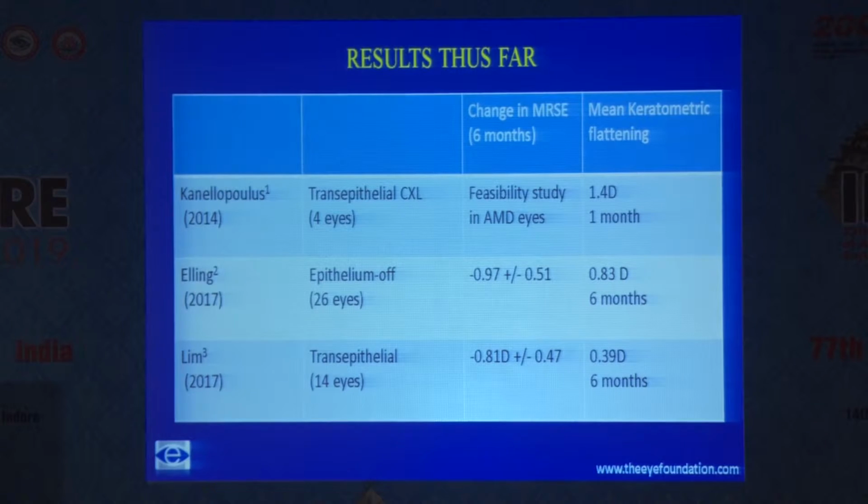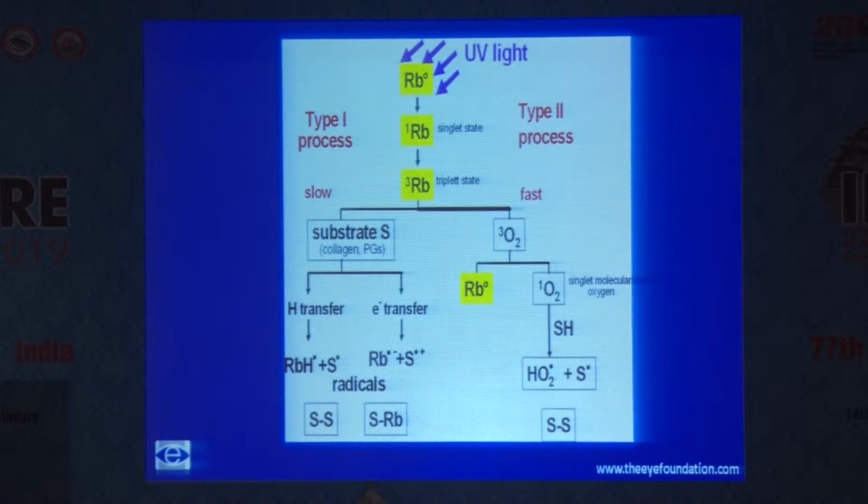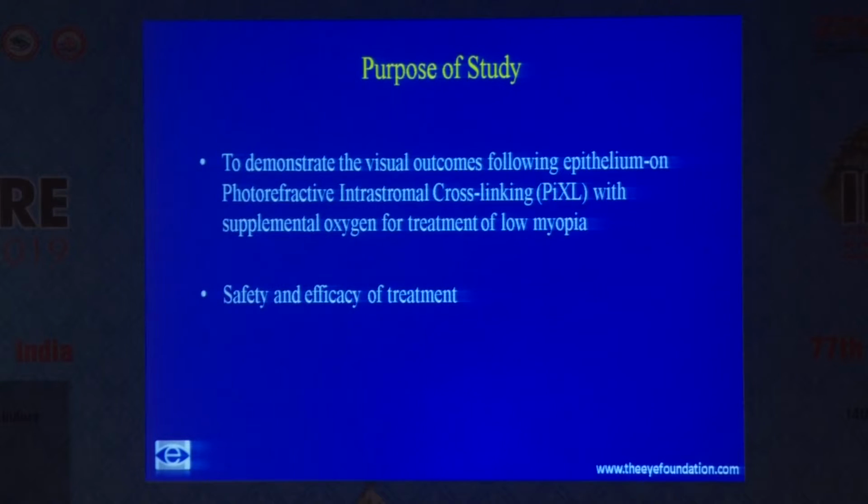The results thus far have been promising, wherein they have seen that the change in MRSE as well as the keratometric flattening was greater in the epithelium-off protocol as compared to the transepithelial approach. But the epi-off protocol has limitations, that is postoperative patient discomfort and the risk of infections and haze. Now, one of the reasons why this might be happening is because the amount of oxygen reaching the stroma in the epi-on protocol is limited, thereby limiting its efficacy. So our question was, would supplementing oxygen to this epi-on protocol give you better results for the treatment of